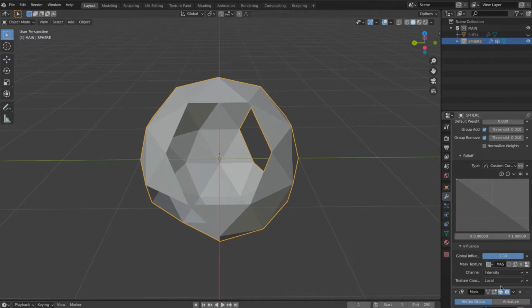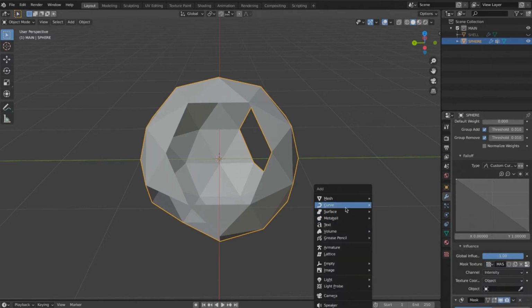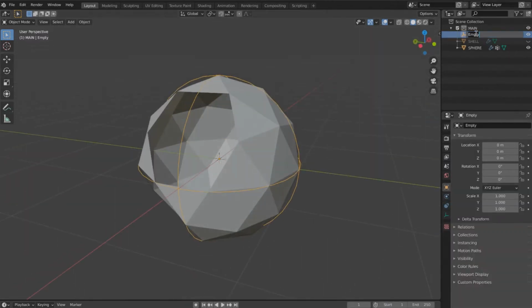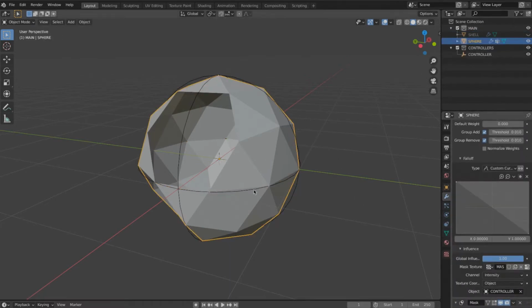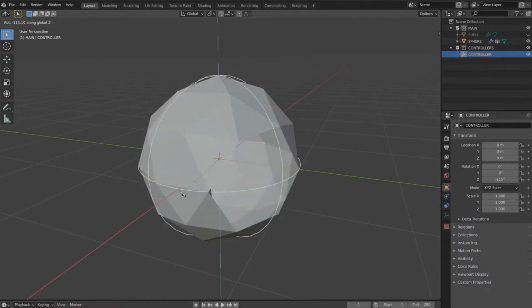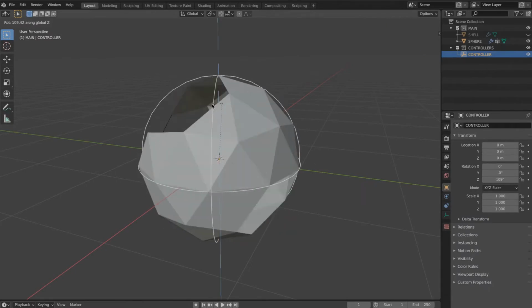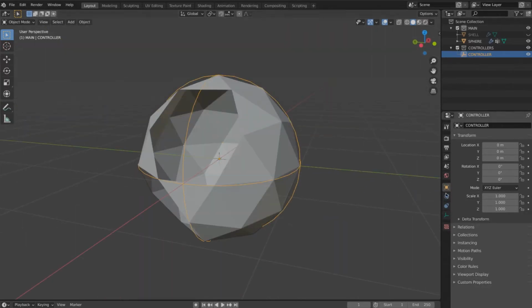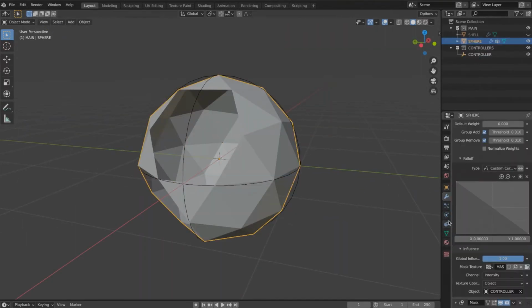We then add a null object, in this case a sphere. You can add any kind of object. This sphere is going to be linked to the map and will control the rotation of the map. Now we are going to control the rotation of the object itself using animation nodes. In this way we don't really need to animate it. It's going to be self-animated, depending on what we want.